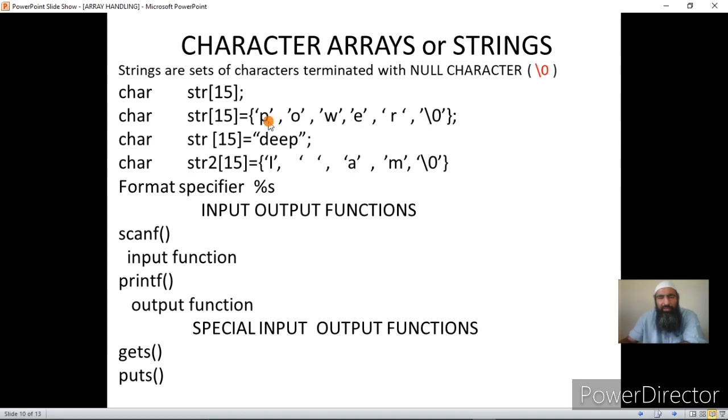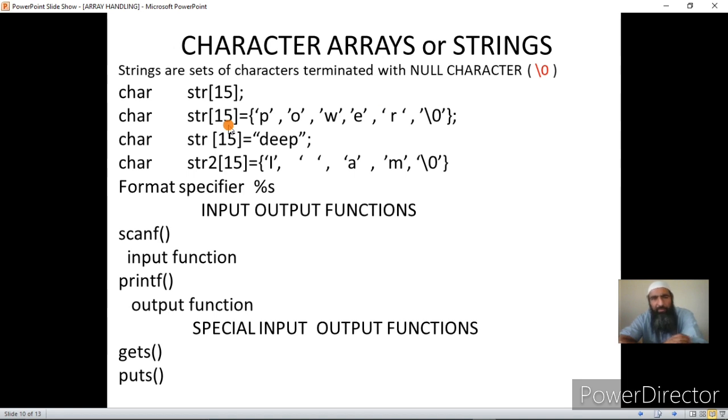Why is this called a string? Because it is a set of characters terminated by a \0. One important thing that I want to impress here is that in a string array all the characters can be used or not all the characters need be used, but you cannot store more than 15 characters in this array.